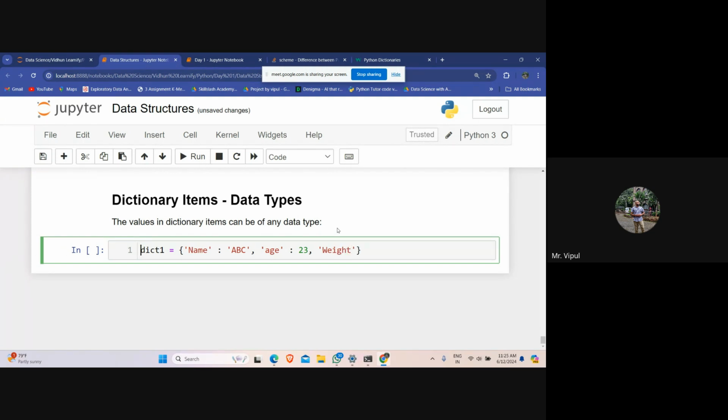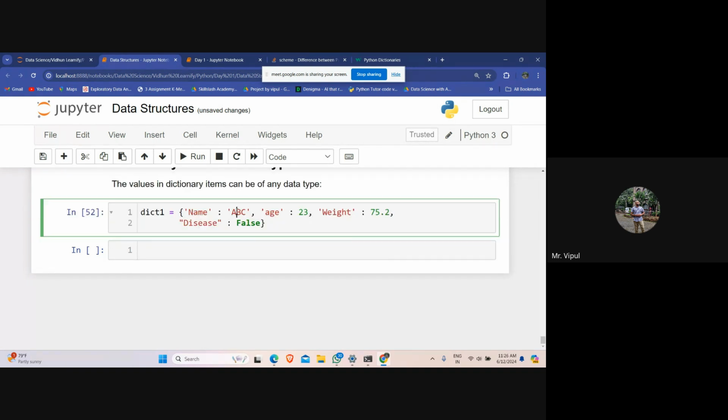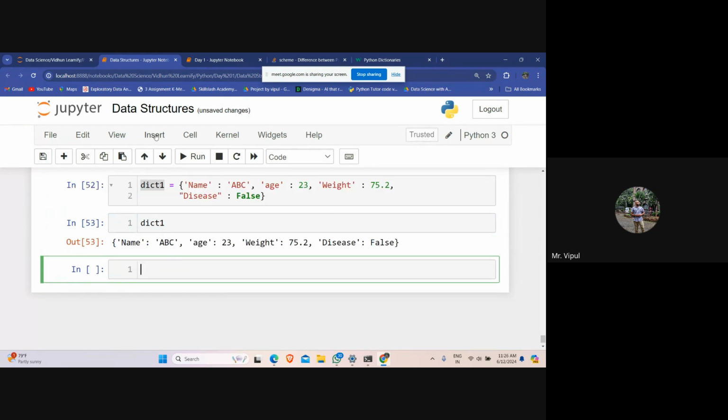Weight also, you can add as a float, 75.2. And right after this, let's say you want to add a boolean, so I add false over here. So we have added text, string, we have added integer, float, and boolean value, right? So there can be different data types inside your dictionary.